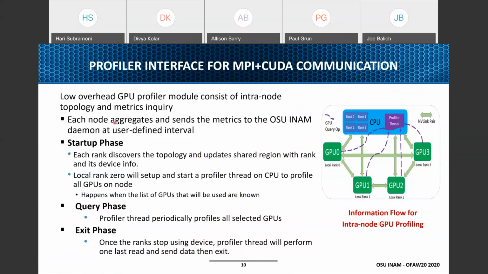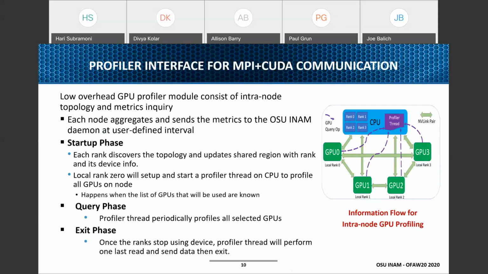Now, the MPI library phases are split into three. The first one is the startup phase, where each rank discovers the internal topology and updates the information so that other ranks can use it. Then we proceed with the query phase, where the profiler thread periodically queries the various GPUs available on the system to figure out the amount of data being sent and received over the NV links, as well as from the GPU to the CPU.